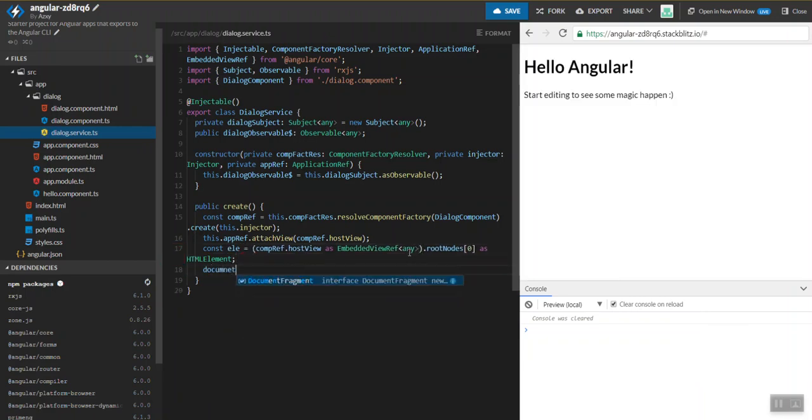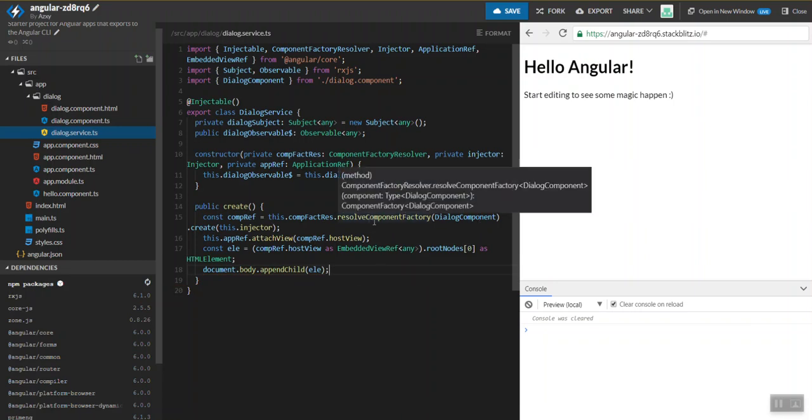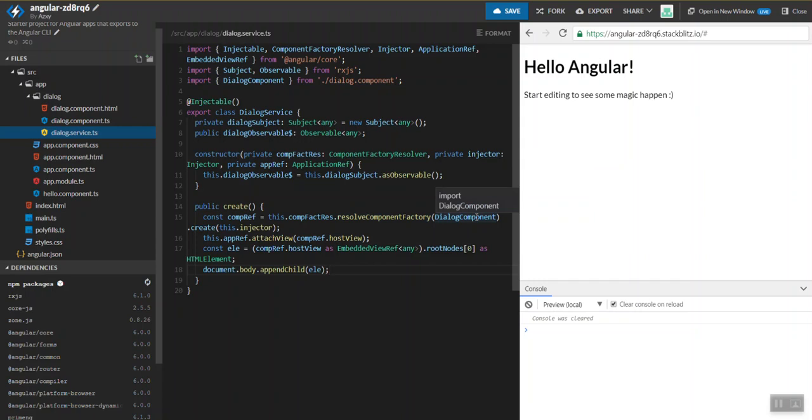Now we can attach it to the document's body. So now this will create a component using a component factory resolver. That is, currently we are trying to create a dialog component, and we are creating the instance of it by passing the injector. So this component reference has an injector instance also, which actually gives you all the properties